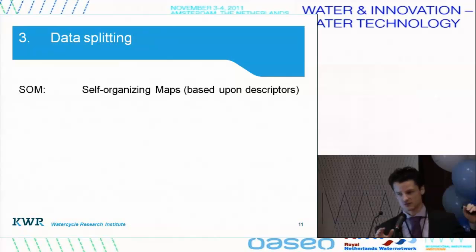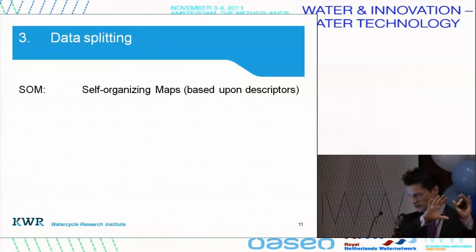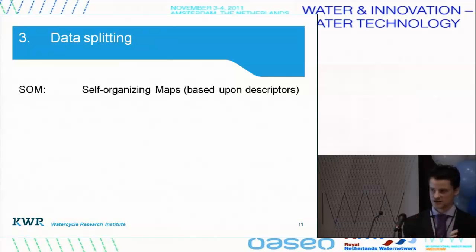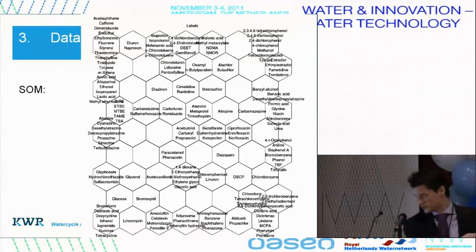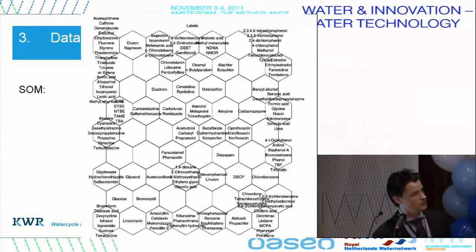which more or less puts all the compounds in a figure, and uses all the descriptor data to map similar compounds together and dissimilar compounds far away. I will show that in this picture. These are all the compounds we use, so these are quite a lot. If they are in the same node, then they are really closely related, which you can also see from the name of the compound in some cases. And if they are in another part, they can be quite different.